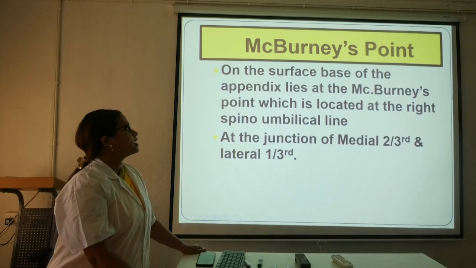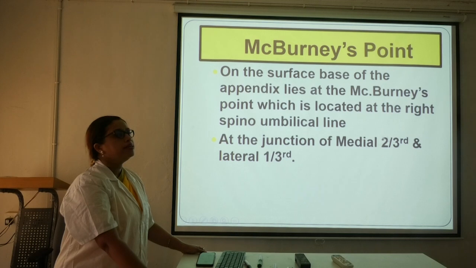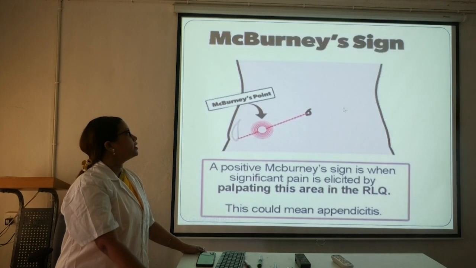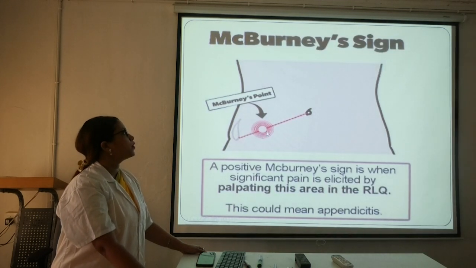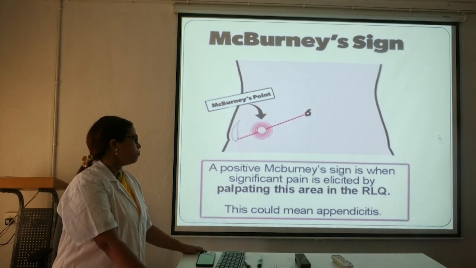So this is the surface anatomy তে বারবার জিজ্ঞাসা করা হয় what is the point? Medial 2/3, lateral 1/3. Okay, so see this is the maximum point of tenderness. So that is the McBurney's point. Okay,